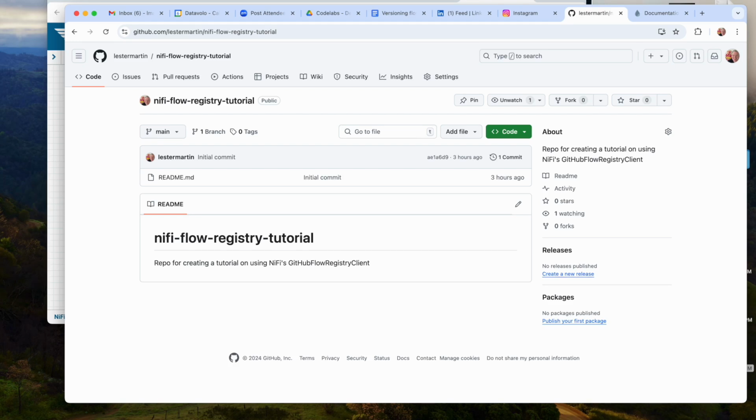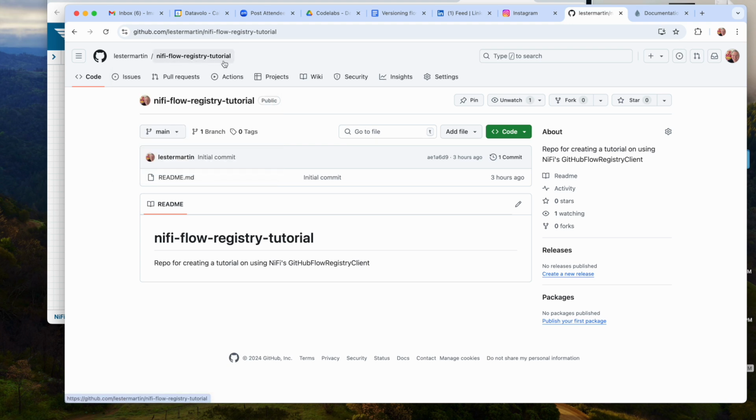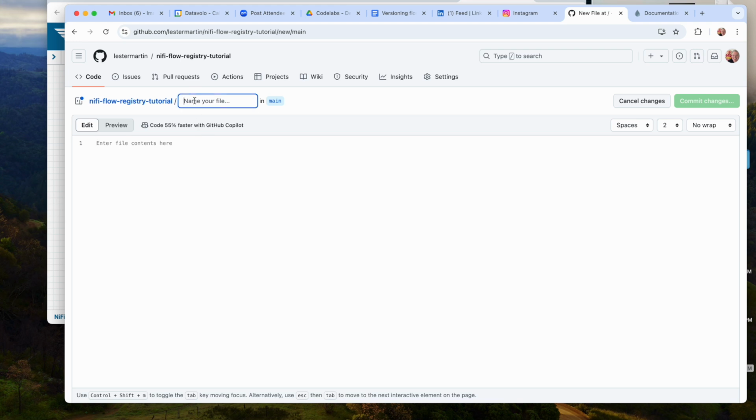For this first step, what we need to do is go to GitHub and create a repository. I went ahead and created mine, NiFi flow registry tutorial. And then what I want you to do after that is create a new file, and let's create it a level deep. We'll call it default /